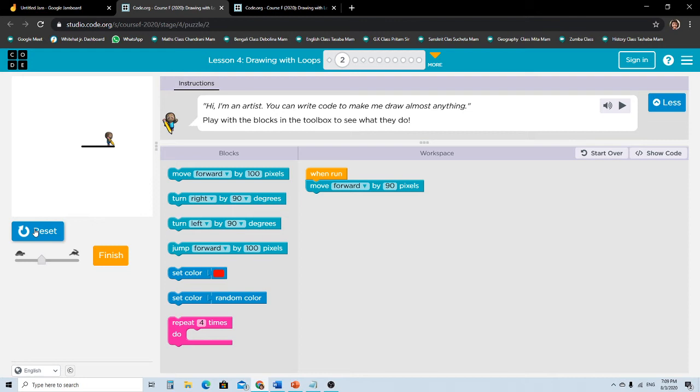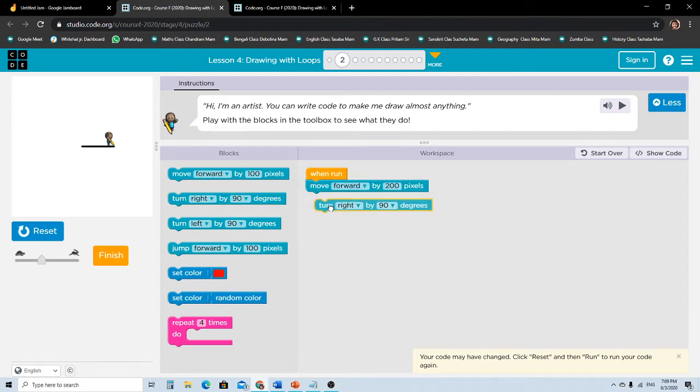So what did it tell? You can do anything you want. I hope you know what is the meaning of repeat block. So what today we will do is we will practice all of the codes which are here. We'll put all of them together and see what art we get. So let's start off with move forward. Move forward by maybe 200 pixels. We're just experimenting.